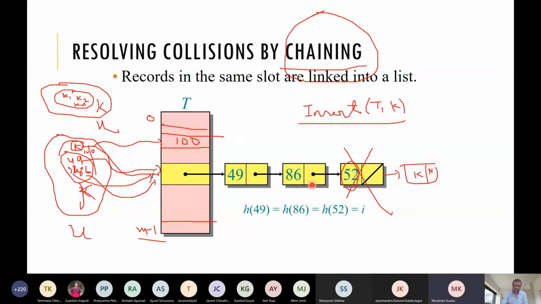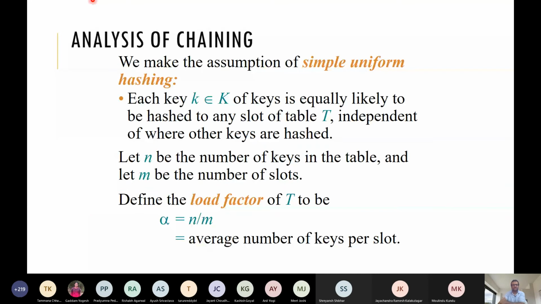It will distribute uniformly throughout the array 0 to m minus 1. Yeah. If there are n unique keys, it will distribute them uniformly over the slots. It's not that one slot is fully loaded and another slot is half loaded, not like that. So it should distribute the keys uniformly over the table, over the slots. Then we say our hash function is a good hash function. So in that case, we have the time complexity like this.